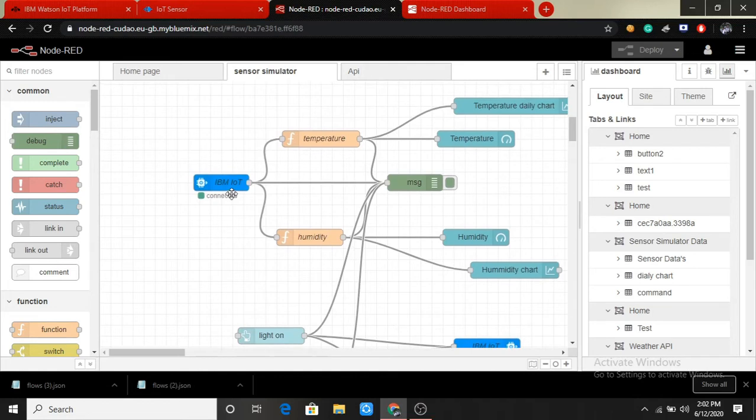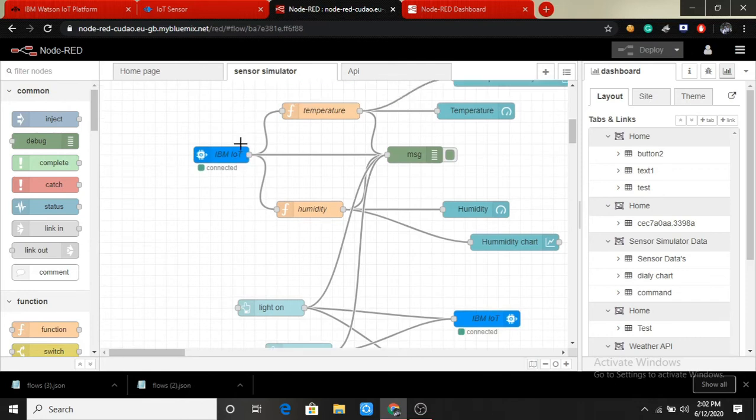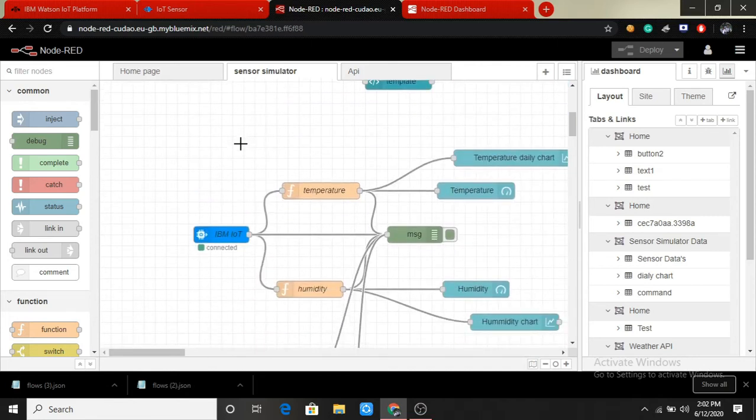The major difference between the IBM IoT in node and the IBM IoT out node is, if the node is present at the right hand side of the box, then it is termed the IBM IoT in node. If the node is present at the left hand side of the box, then it is termed the IBM IoT out node. The IBM IoT out node will be used for controlling the loads. The IBM IoT in node will play a vital role in getting the values from the sensor.